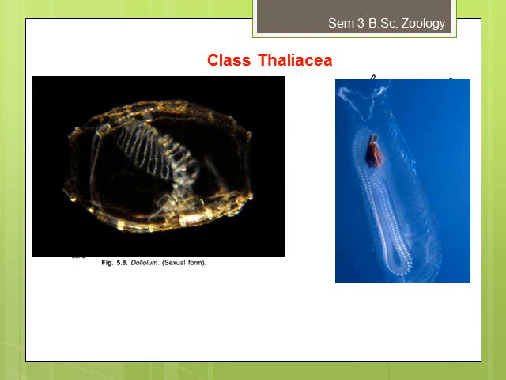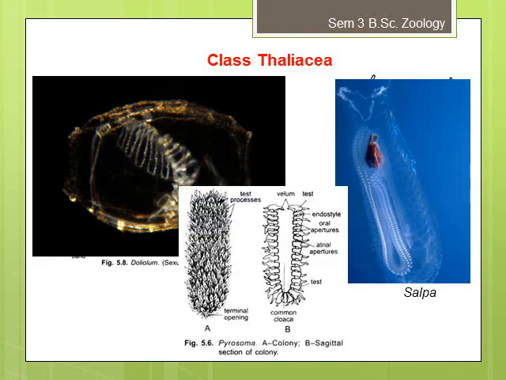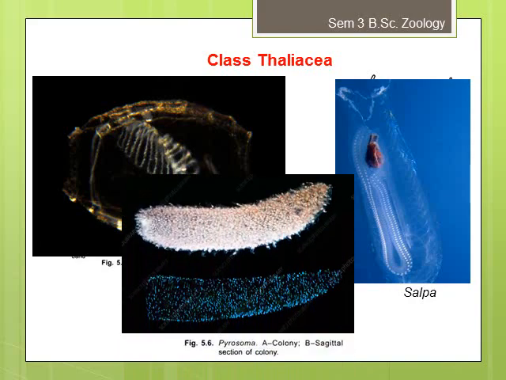Now, how the organism looks, you can see. It is almost transparent, and you can see the muscular bands over here. You can see the pharyngeal or branchial region, the muscular bands are there, and the dome-shaped body. Now the Salpa, we have already seen the figure. In the case of Salpa, this is the branchial one and this is the atrial